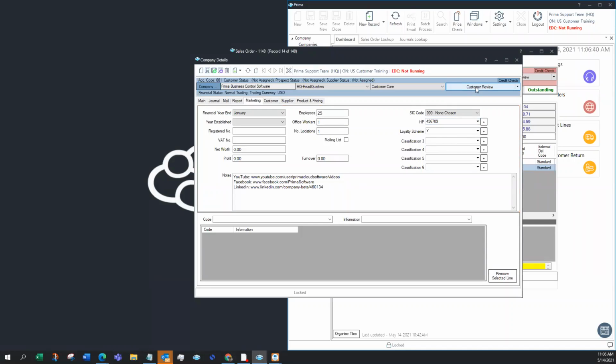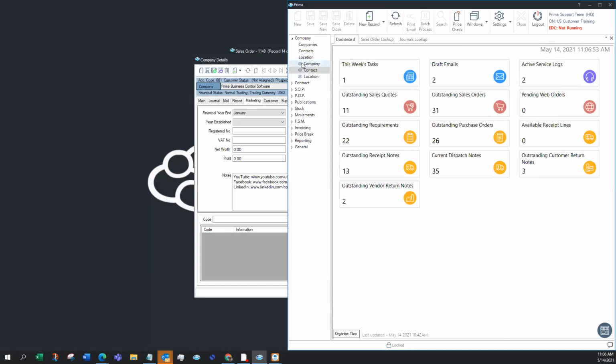We can also make changes to companies' classifications and business groups in bulk using the grid manager. So let's navigate to that now. You can select the grid managers from here under company. Clicking into the company grid manager,